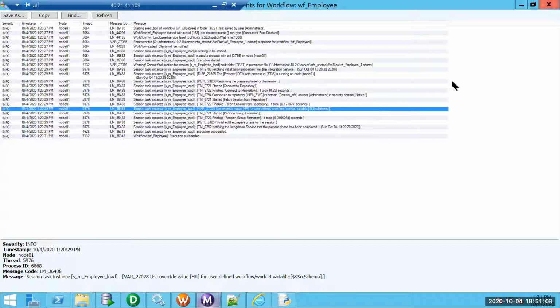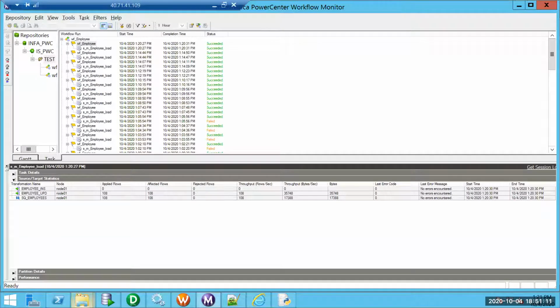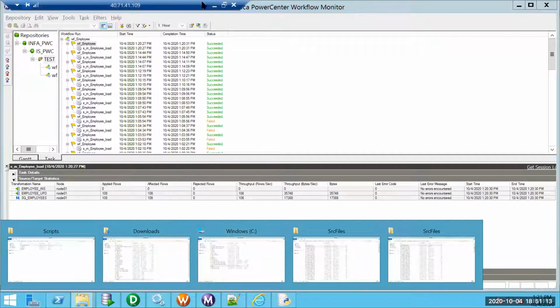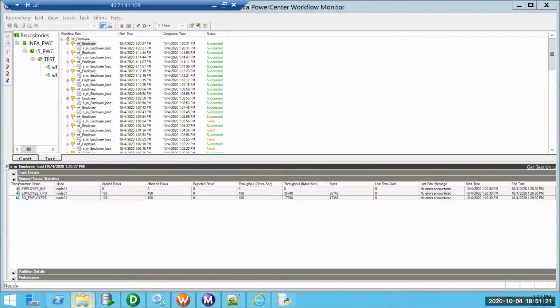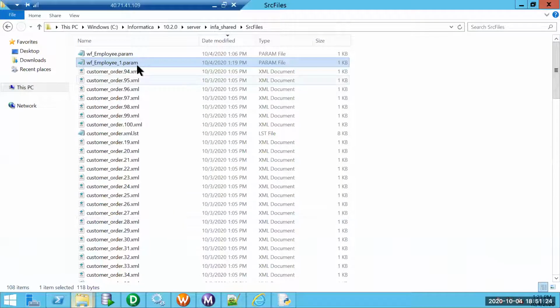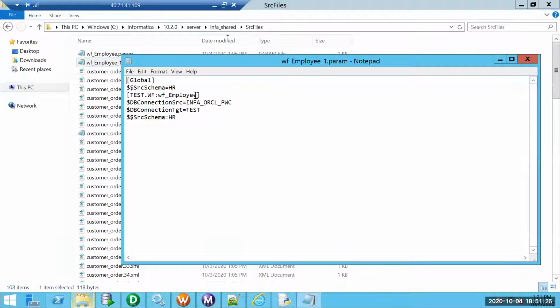The same thing I can do specific to a session also. What I need to do is, followed by the workflow name, just specify dot ST. So this was generic, as in the complete workflow. Now this becomes specific to a session.